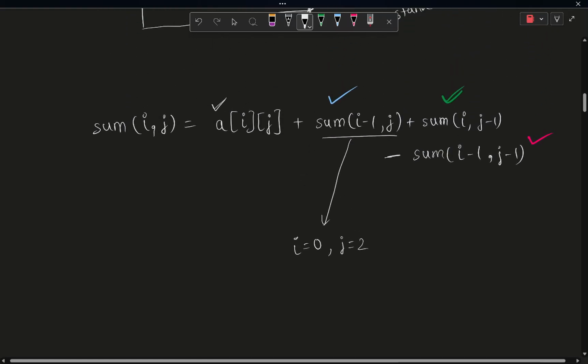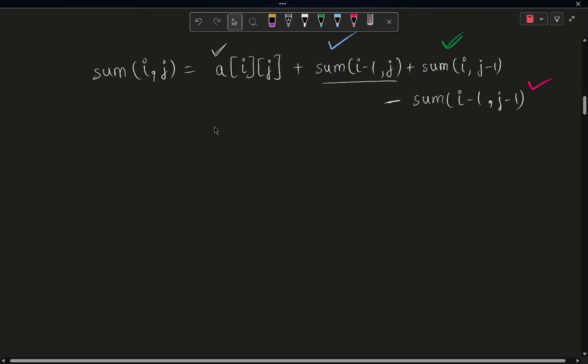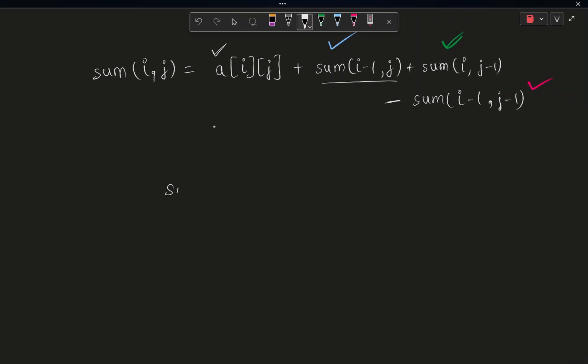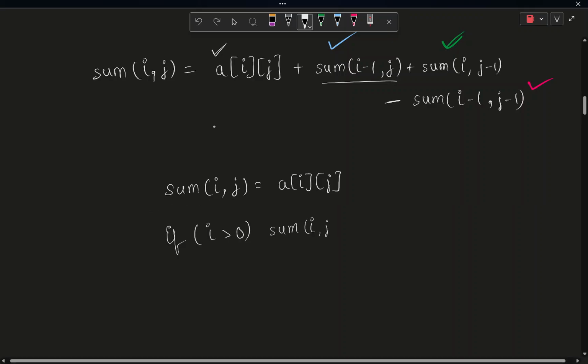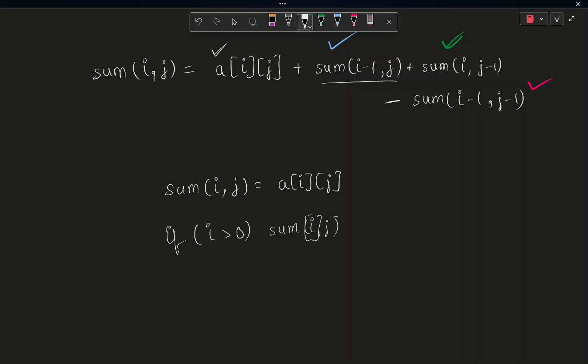From there on, you could have got that idea, ki, the thing is still the same, but the way of writing can be a little different. The way I prefer is sum of ij being initialized with aij initially. After that I write an if condition that, hey, if i is greater than 0, then sum of i comma j, basically this is something you can create as a vector. I did create it as a vector. It's not actually a function, it's just a vector here. It will store some information, and for now I'm just writing it as this,